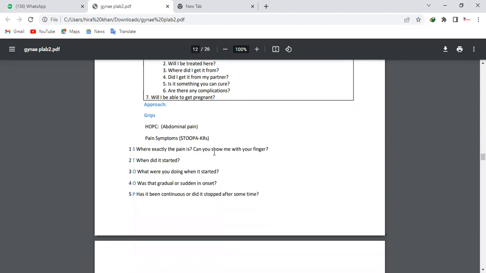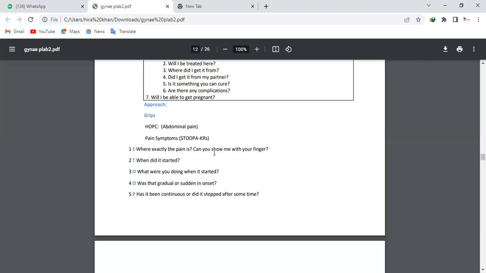Now, again, this is very new. Here you know that it is something like PID, but in the real exam, you won't know if it is PID or something else. What could be the DDs for abdominal pain, people? It could be appendicitis. It could be pancreatitis. It could be something related to your stomach, like gastritis, acute peptic ulcer disease, or it could be anything else, or a simple infection. So you have to ask about all these symptoms, and you should have the DDs in your mind.